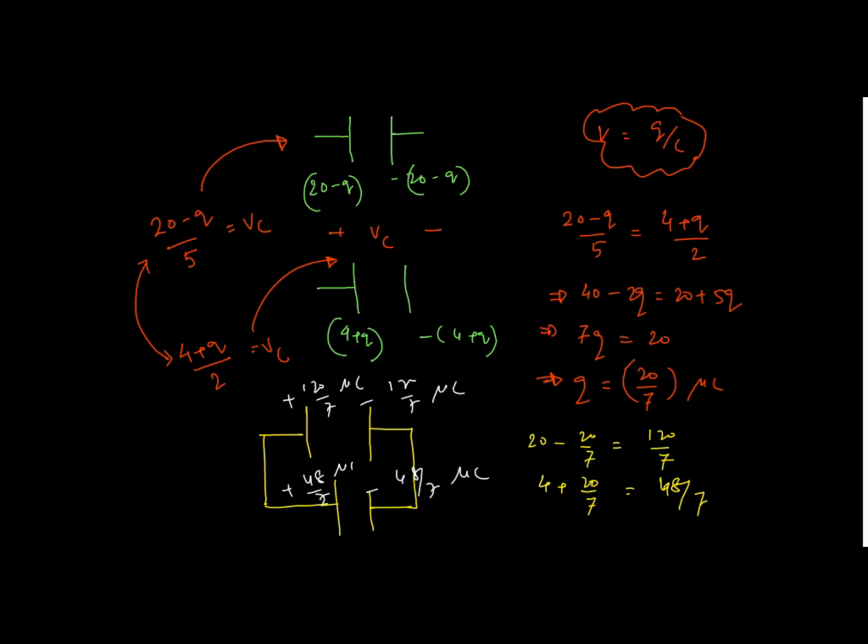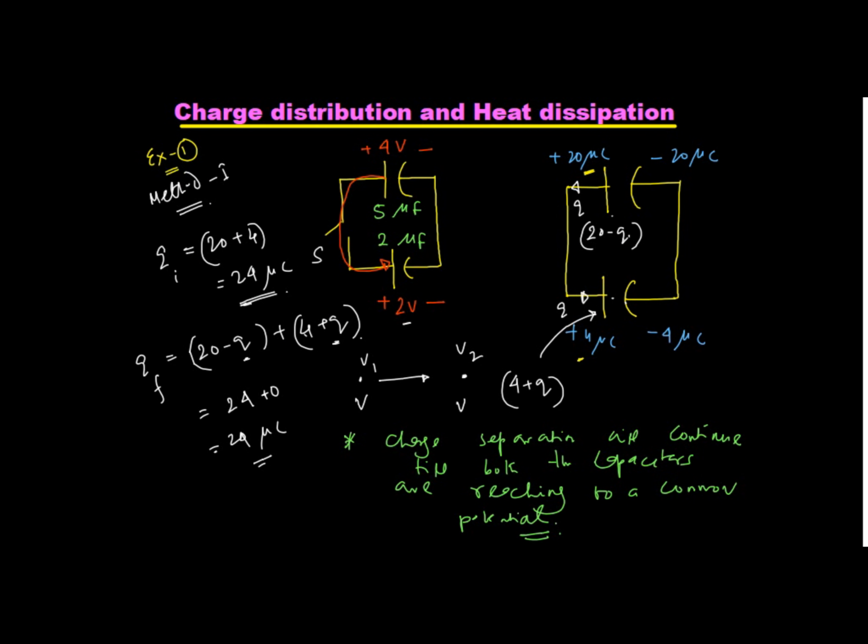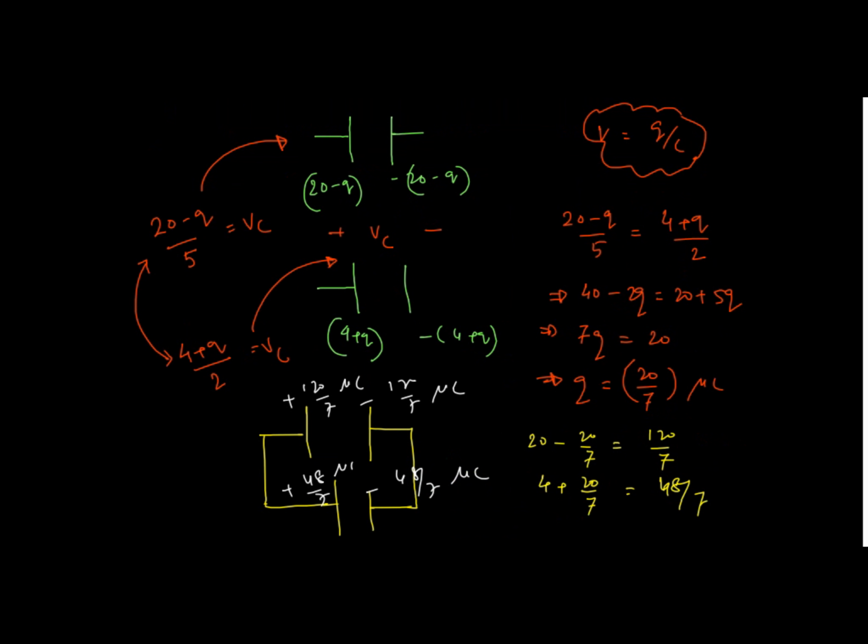Okay. So initial configuration, now they are asking, the heading is heat dissipation. I want to calculate the heat dissipation. How will I do it? You see, the initial configuration will have some kind of initial energy. Similarly, the final configuration will have some kind of energy EF. Any imbalance between these two energies will result in heat. So delta H must be equal to E initial minus E final.